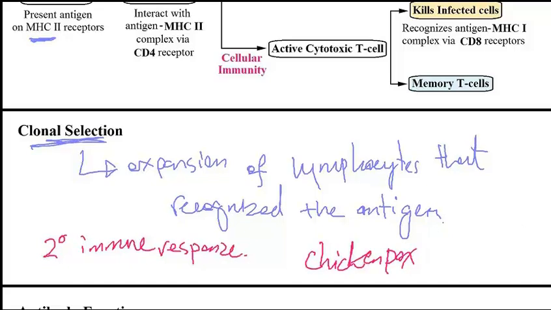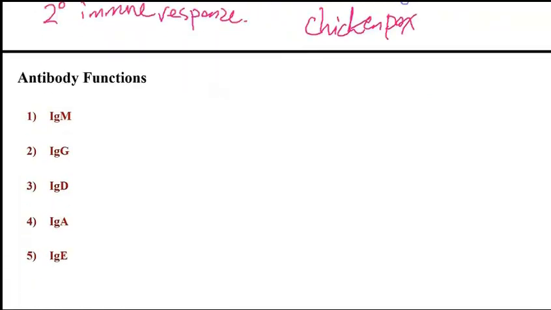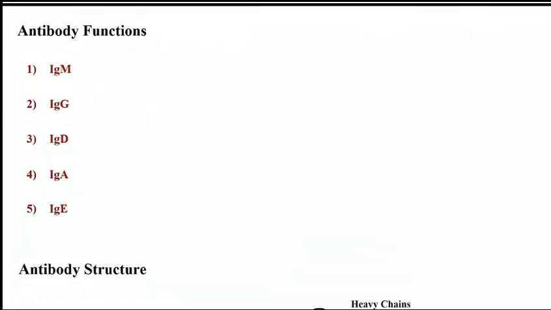Now we keep talking about different antibodies, so next I would like to talk about the functions of different antibodies. It's the same term to say either antibodies or immunoglobulins, and these are basically immune proteins that help attack different antigens. And there are different classes. The first one is IgM, also known as natural